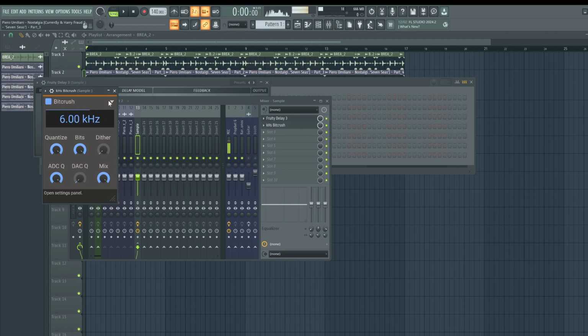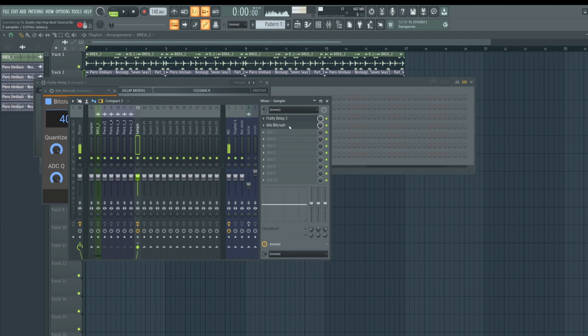What we'll do is, this is very advanced. Okay, we're gonna right click here and then type in 40K. We're gonna copy the MPC 60 basically. We're gonna right click where it says bits, type in 12-bit, and then we're gonna turn up what's called the D to A quality here. So now we're gonna get the high frequencies chopped off the sample. We can also apply this to our drums, but let's only apply it to the sample for now.